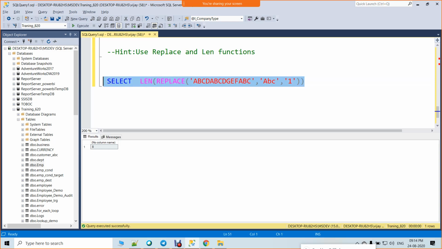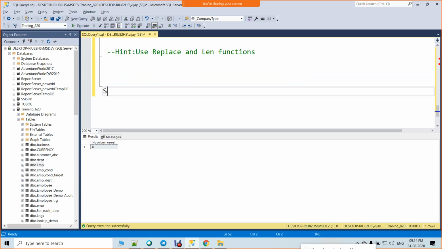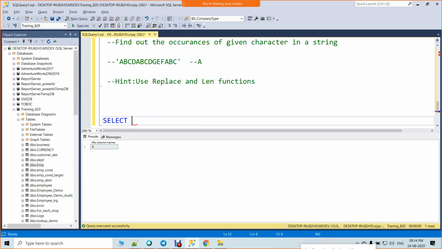Not right actually. I'll show you. Okay. Now first find out how much is the total string. So before writing anything, you need to think out the logic. How can you do it actually? So you need to find 1, 2, 3. 3 characters actually. So now first find out how much is your total length.